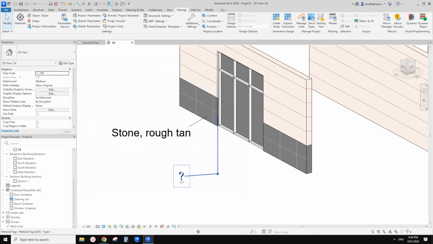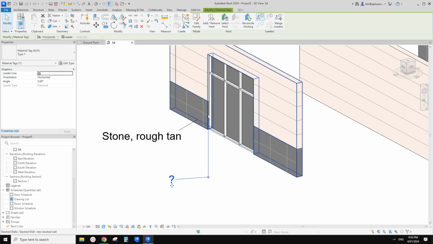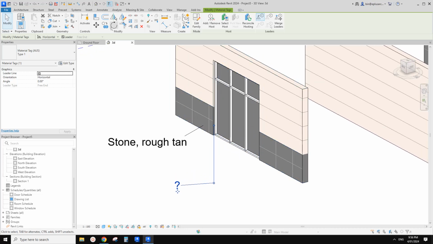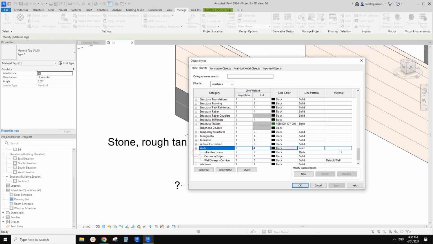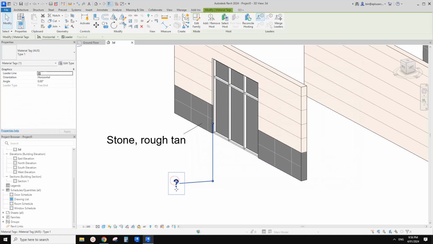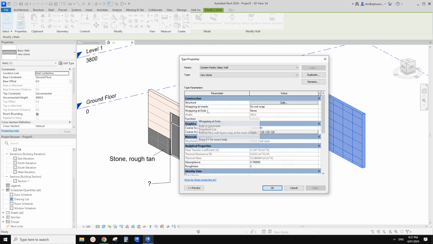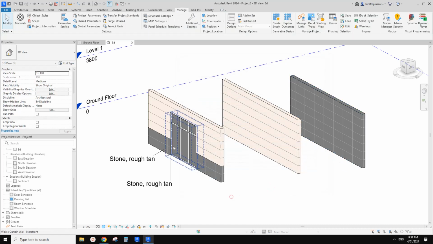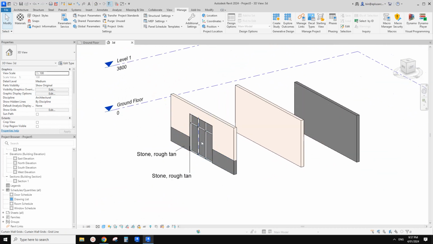So what we can do is, it looks like we can't really change this. Because it's a default material, it's not set, and also it's not set to any of the materials in object style. So yeah, we can't really change this question mark. But once we go edit type and change the wrap at ends to exterior, this side will match this. Okay, so now